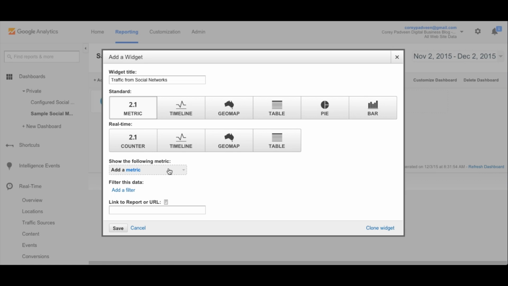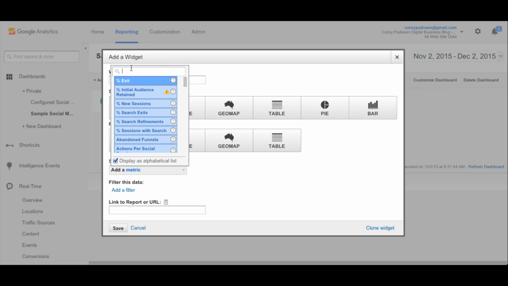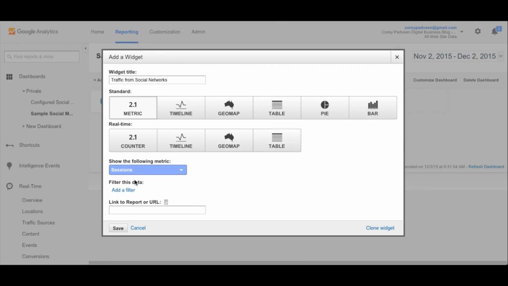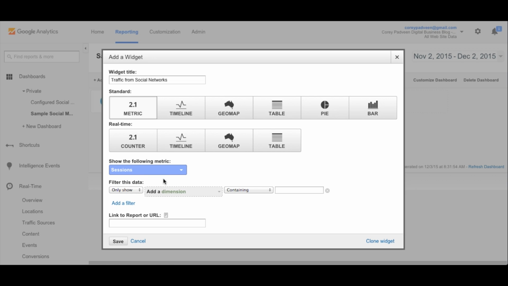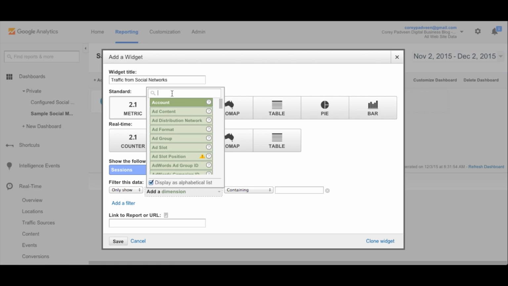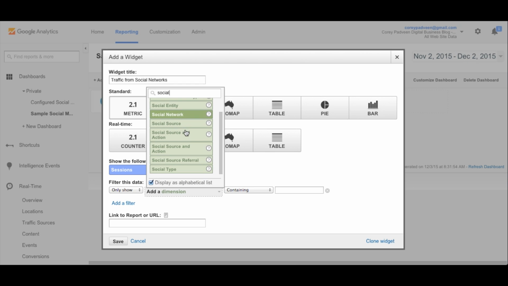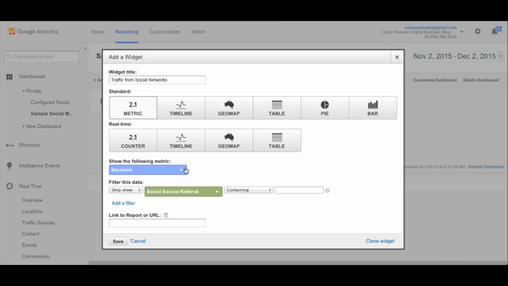And what we'll do is we'll select a metric. Here we'll look at sessions. Down we'll select sessions. And what we're going to want to do throughout the entirety of our social dashboard is we're going to want to create a filter. Now this filter is going to be limiting all the traffic to our social sources. So here we'll do our social source referral, exactly matching,